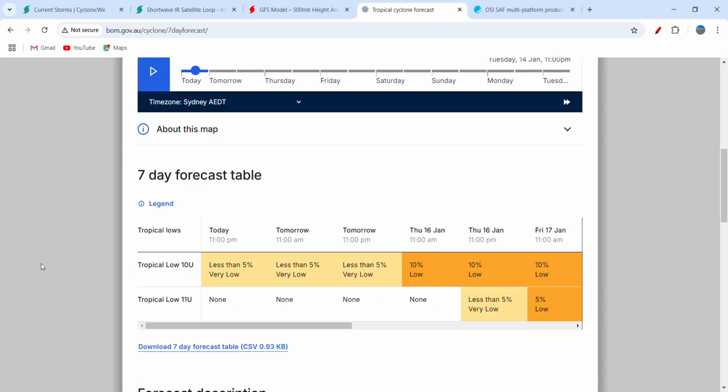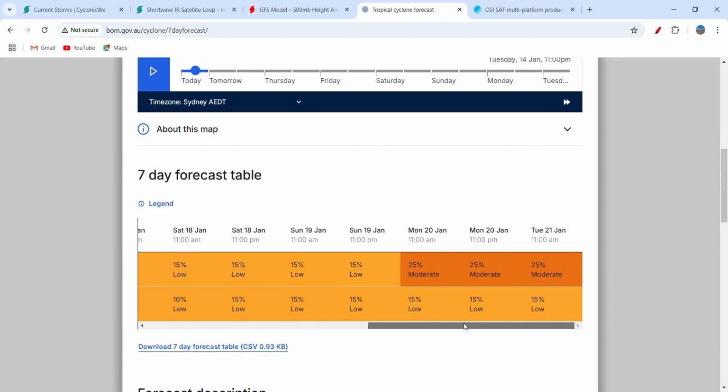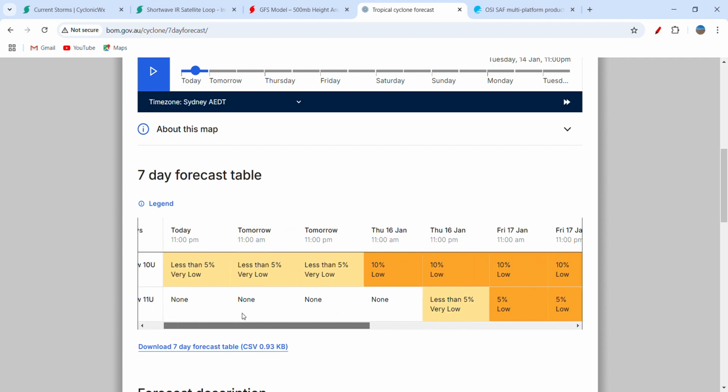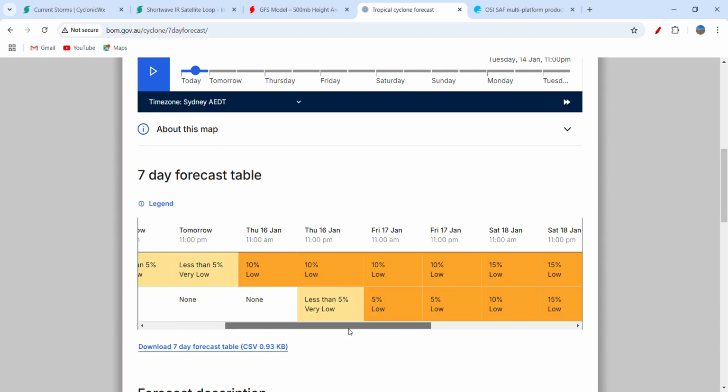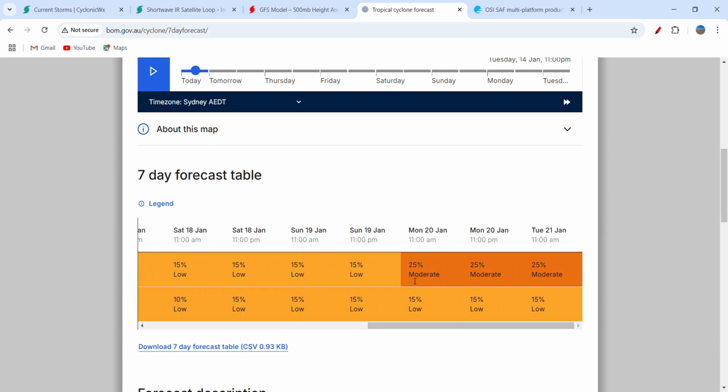Now this is kind of what we have right now. In terms of its development chances, we'll look into why some of these may be set, but so far 10U may appear to be a possible dominant system out of the interaction between 10U and 11U. The Bureau has given it a 25% chance of development, though it should be noted that their standard of tropical cyclone classification is much stricter than the standard American National Hurricane Center, Joint Typhoon Warning Center classification standards, where your standard tropical cyclone classification in the Southern Hemisphere from the Joint Typhoon Warning Center, well, I'll just call